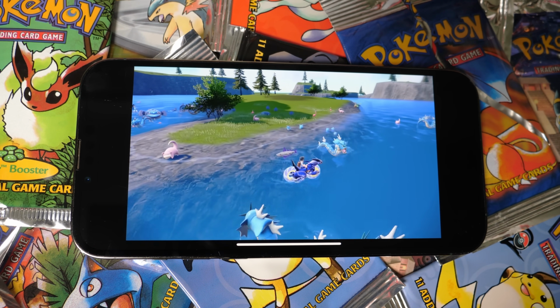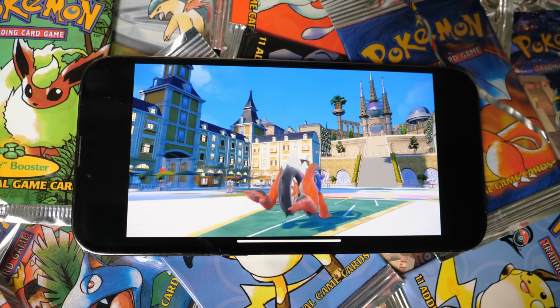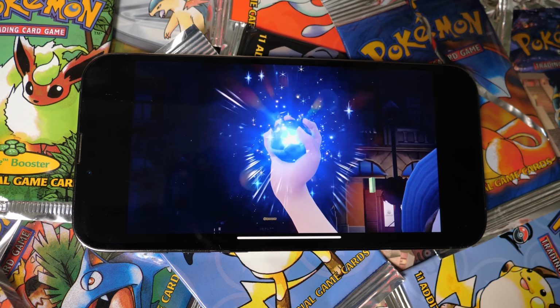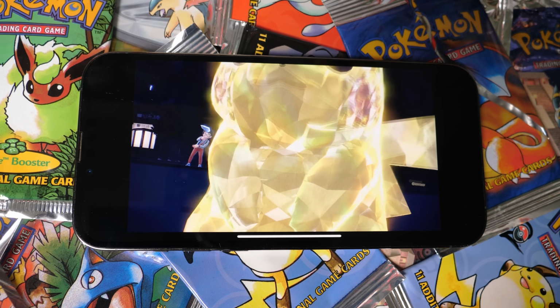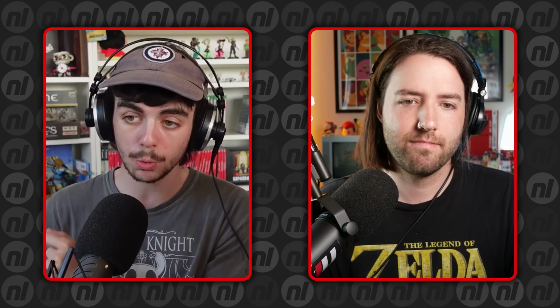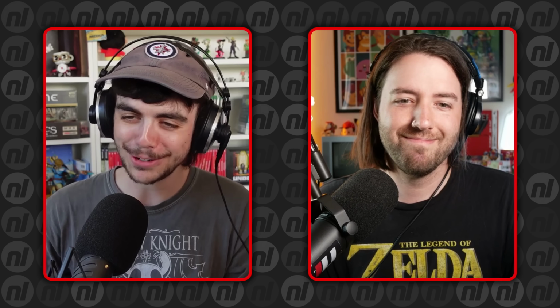I think I would jump into that before Legends Arceus, just because to me, that open world, well, I don't know. Of course, I'm half from Spain myself, so the whole architecture and all that is obviously influenced by Spain and Portugal and that sort of stuff. So to me, I really like the theme and everything. There's also lots of cool Pokemon designs. And now it actually runs like a...